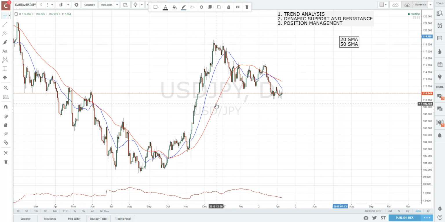So we have the 20 SMA, the 50 SMA, short term, intermediate term. There's also the 200-day moving average. I don't usually have that on my charts just because I like my charts being nice and clean, but the 200 SMA is a very, very big area to watch on charts. For our next point that I use SMAs for, that's going to be dynamic